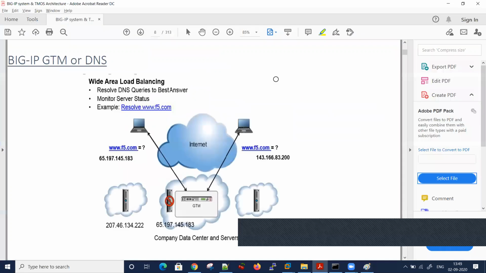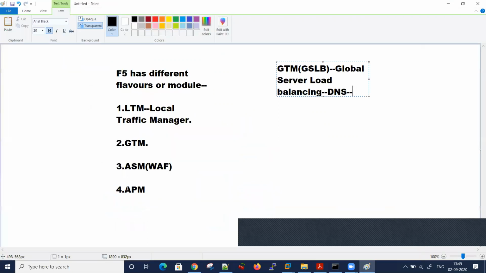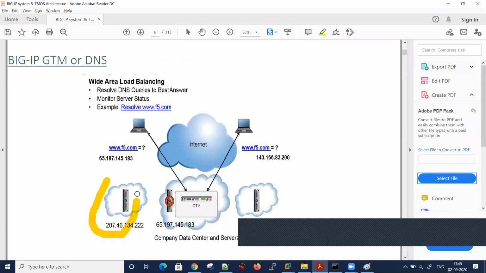If I come into the picture, what it does is help you resolve. I have an application hosted in my A data center, the same application hosted in my B data center, and the same application hosted in my C data center. Say this is Singapore, this is Delhi, and this is New York.